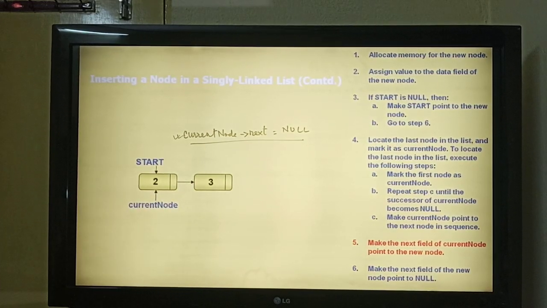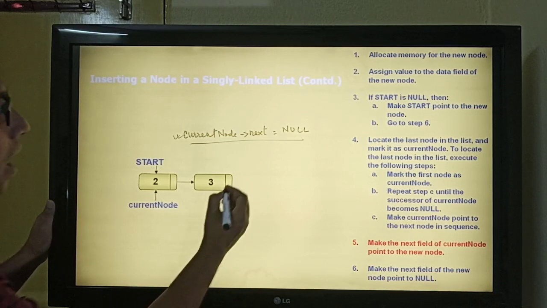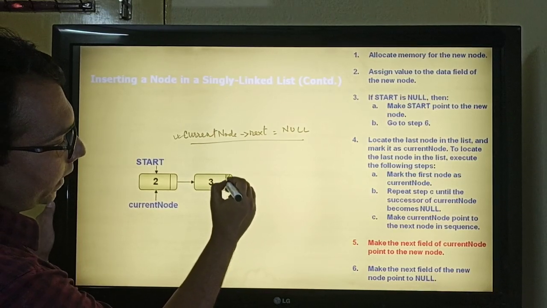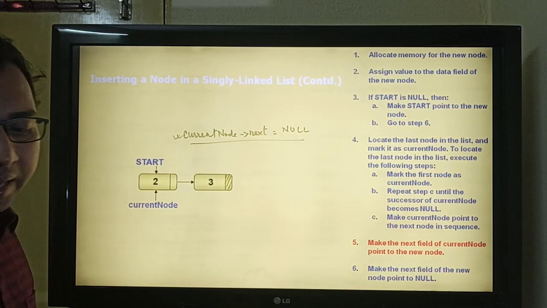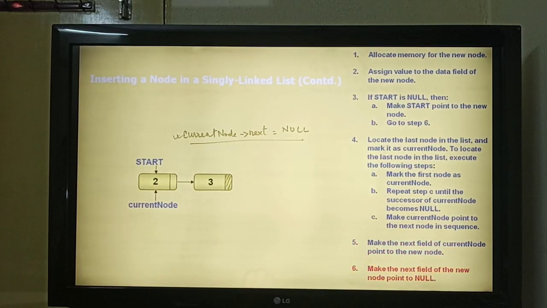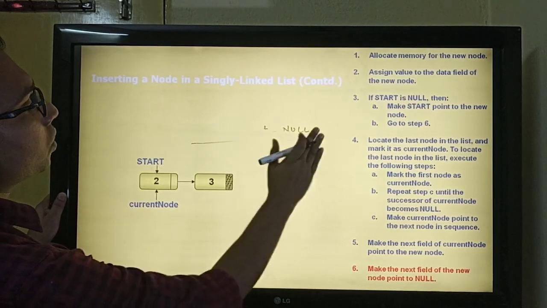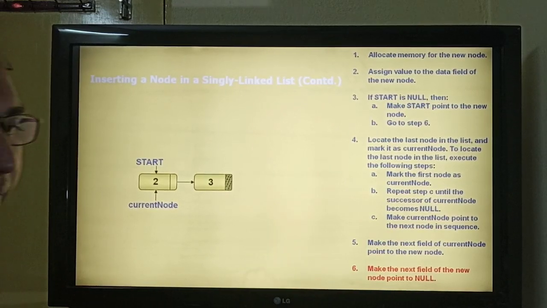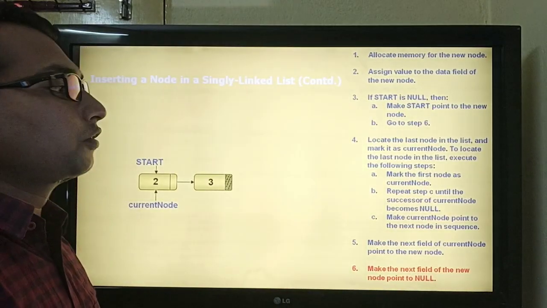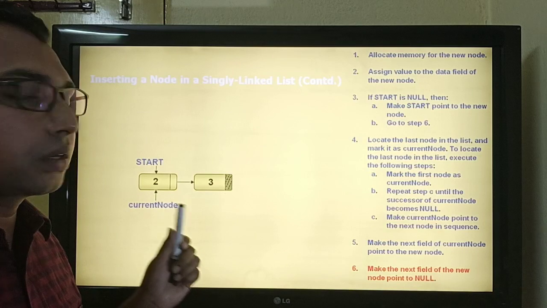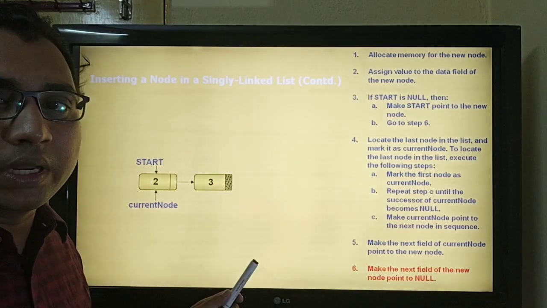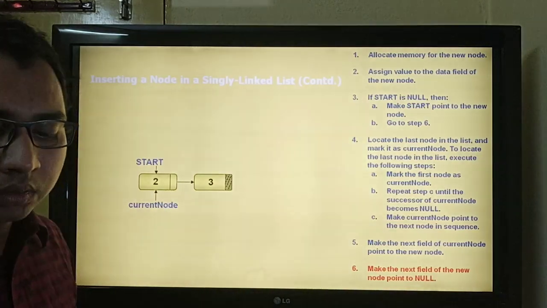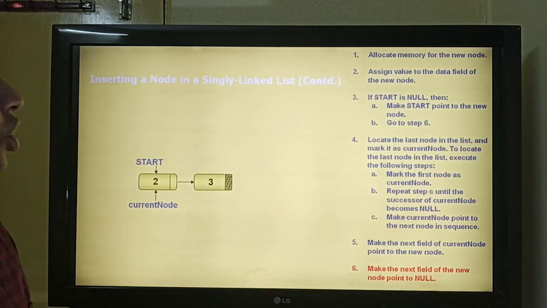And after that, at the end, we will have to end this list by adding a null to the next part of the new node. So this is the algorithm, dear students, which can be used to insert an element at the end of the given list. But this algorithm has some anomalies. We will look at those anomalies later in this session.